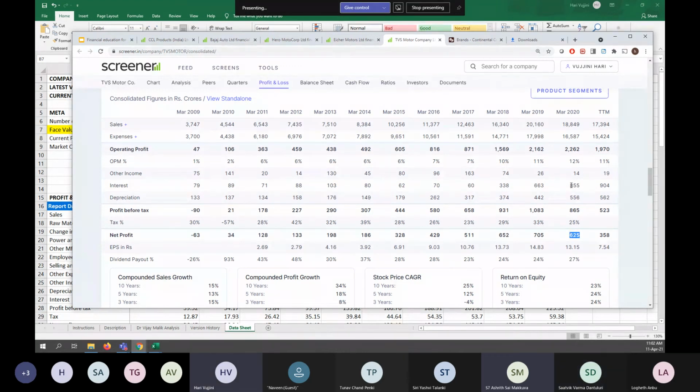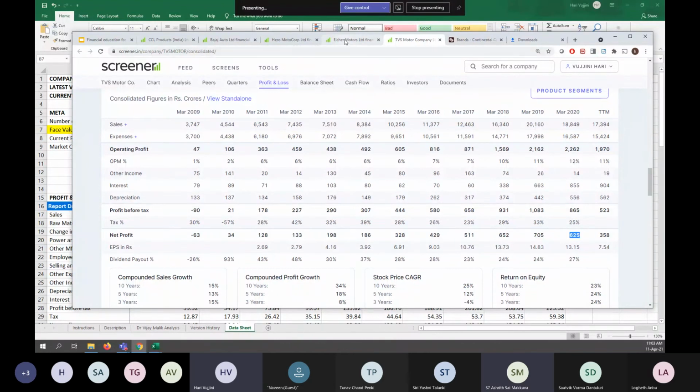Most of the profit they made, they are paying it to banks. So I would be better off if I lend money to TVS rather than buying TVS Motors. You understand me? Banks are getting more money than the investor, me, if I'm buying TVS Motors, because they borrowed a lot of money. You see, 855 crores, it's more than their net profit. It's not good. So banks are getting richer by TVS Motor, not the investors who bought the TVS Motors.